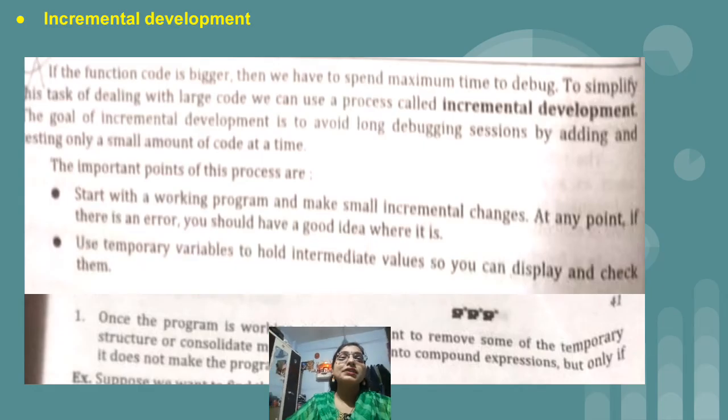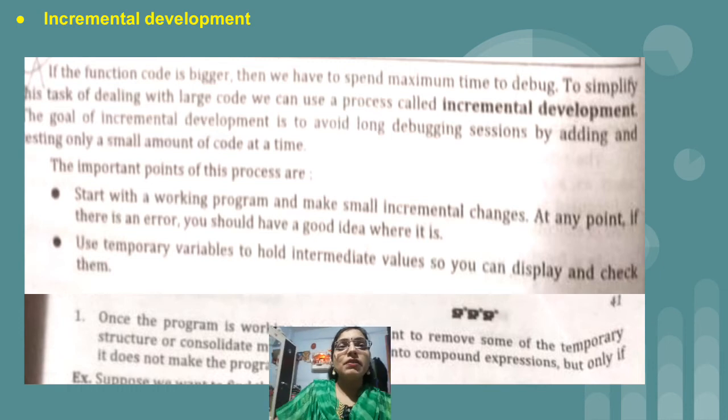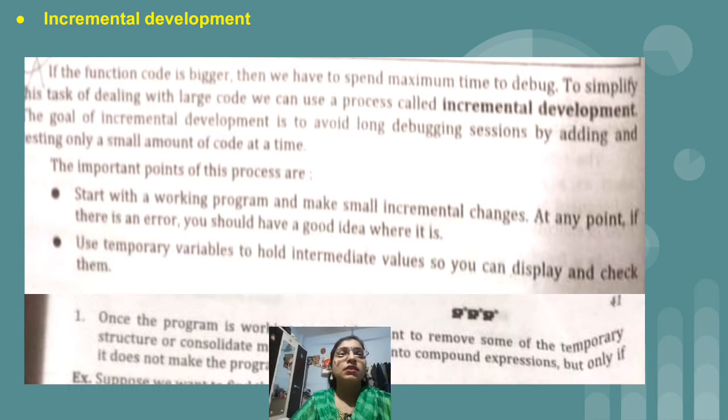Now the next topic is incremental development. Incremental development means if somebody has given us an assignment, that is create one project, and that particular project contains a Fibonacci series function, an addition function, and an even or odd checking function. So these three functions we have to create. Incremental development means at the initial stage we cannot start making all the functions at a time. We will first divide the requirements.